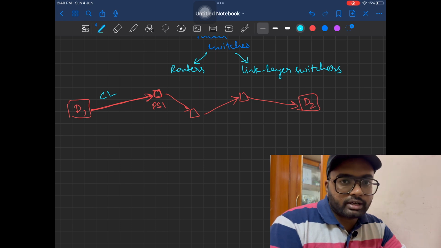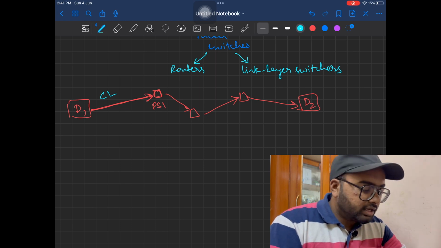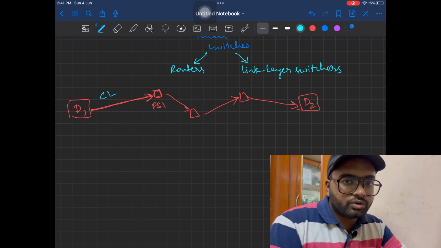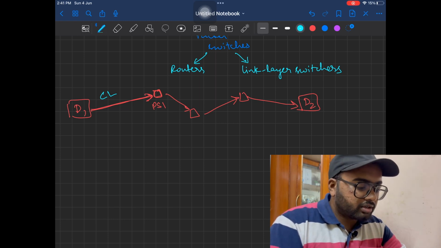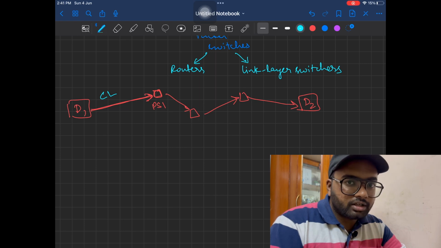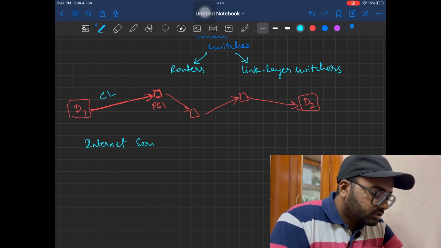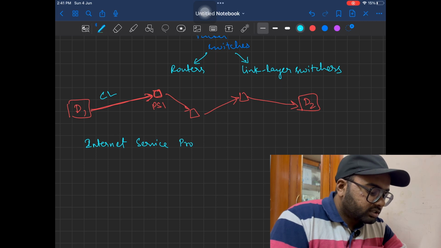If you see your tablet or your PC, there are no such wires or some kind of connection attached to it which will connect to a particular packet switch, right? So how do we get that communication link? We get that communication link from internet service providers,